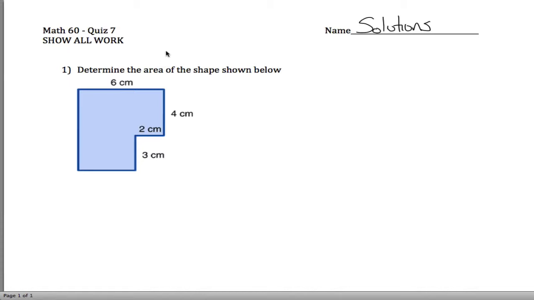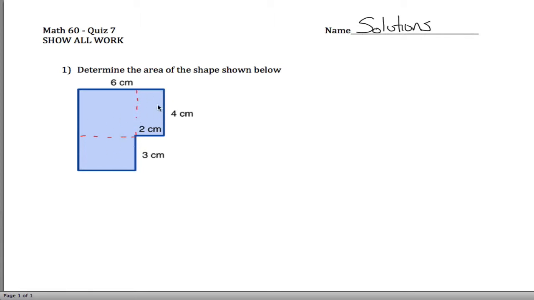Solutions for quiz 7 for Math 60. In the first problem, we're given this weird shape and have to find its area, which is kind of tricky because you don't have a formula for the area of something that looks like this. But what you can do is, if you get kind of clever,